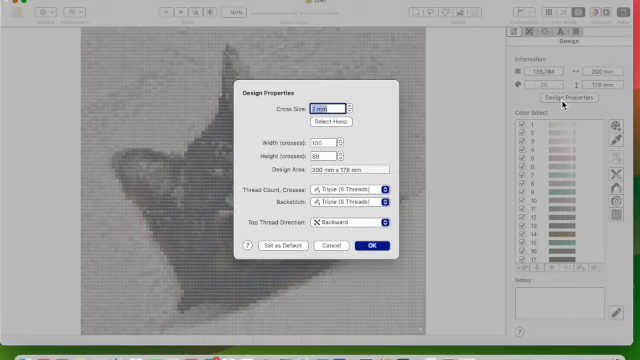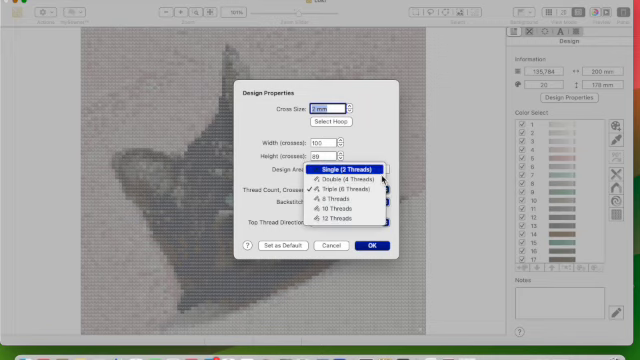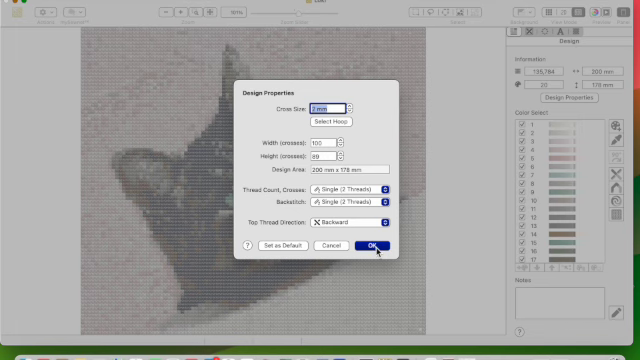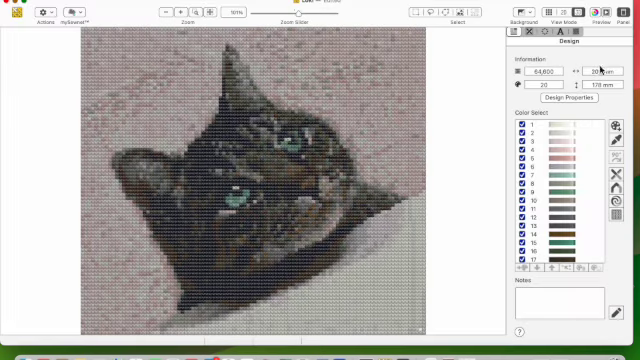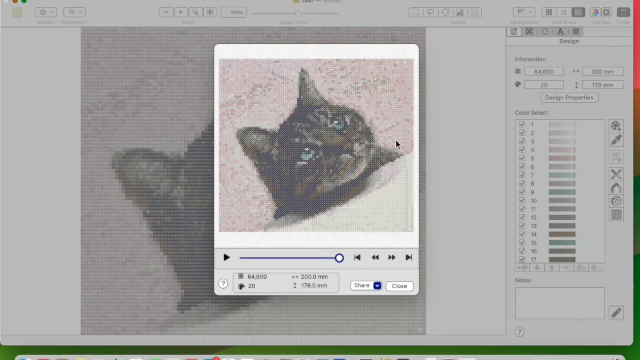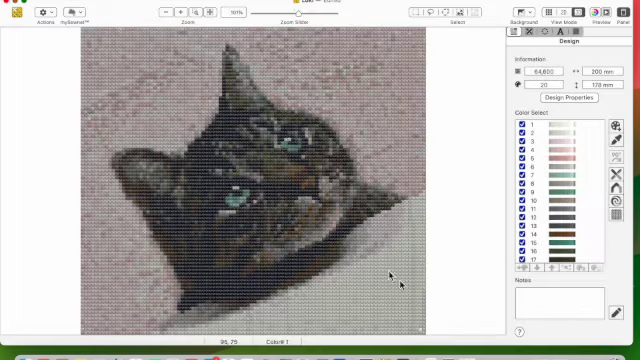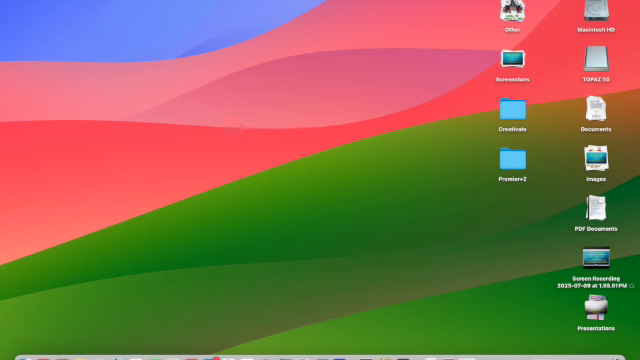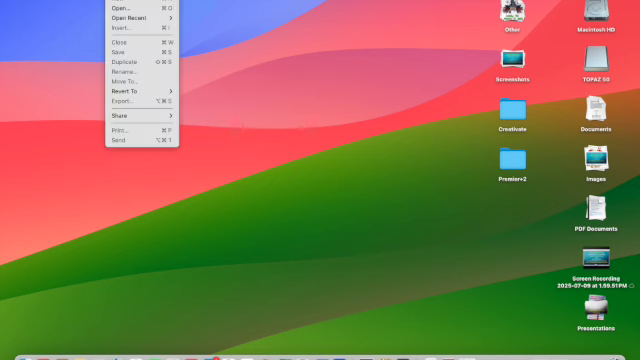Part of it is I went into design properties and I changed it to 6 threads. If we had it at the 2 threads, again, design properties, and we looked at a picture, you'll see it's much lighter. So how many threads the machine makes each cross with will make a denser picture and it will stand out a little bit more. So we want to close this, and I wanted to show you how to start a